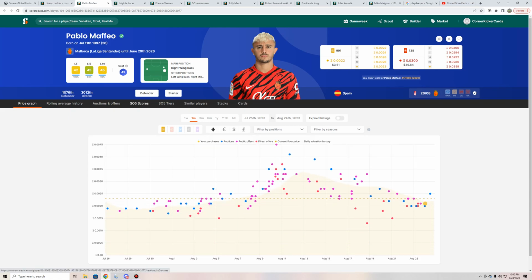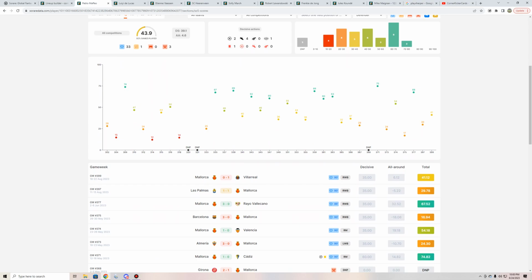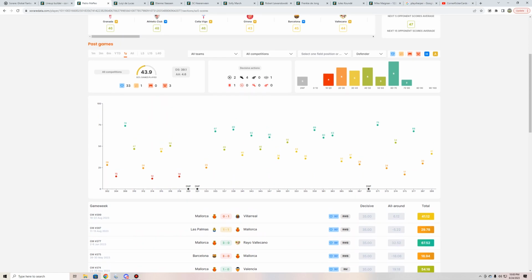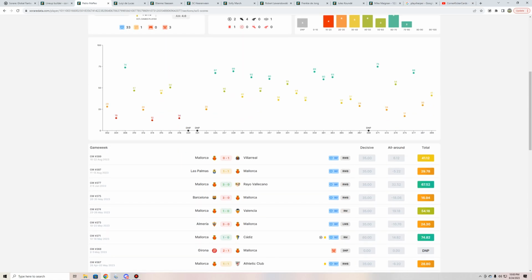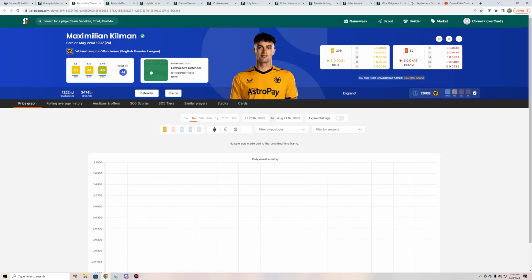On the other hand, I could play Pablo Maffeo. Again, these are all new players to my team, so I'm kind of unsure as to who I really want and where. Maffeo hasn't exactly played well the first 2 games of the season, but he does have the peaking potential. It's an interesting one. On the other hand, we could go Max Kilman, who is going to be against Everton,